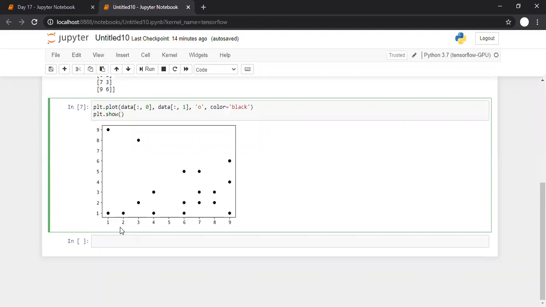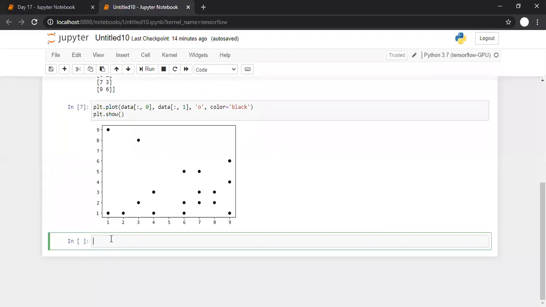Yes, so now we know we need to cluster our data. So let us say we want to create 2 clusters. Now I'm going to write some dynamic code so that instead of 2 clusters, if I want to go for 3 clusters, I should easily be able to. Let us say clusters is equal to 2, which means I want to group all these points into 2 groups. Let us say group 1 and group 2, something like that.